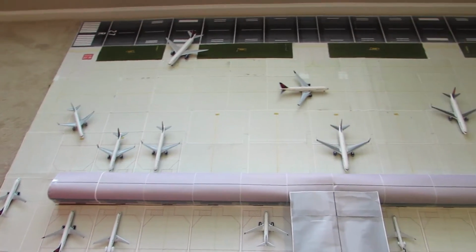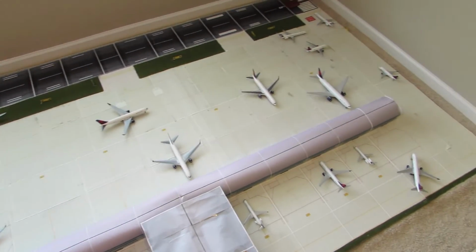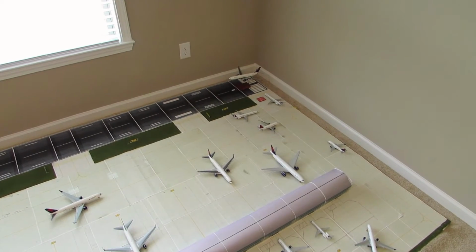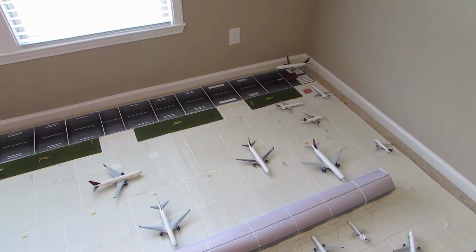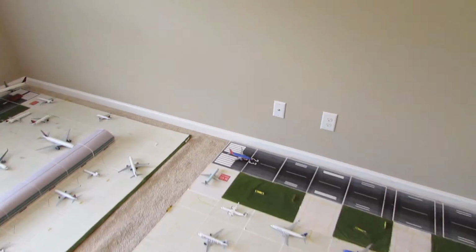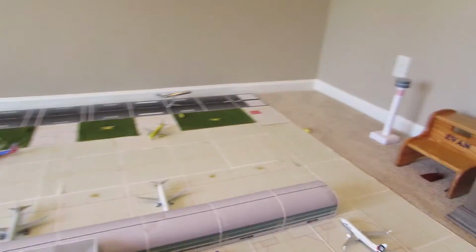Alright guys, that just about wraps up Terminal A. I hope you guys enjoyed it. I enjoyed it myself. I like mixing up the aircraft and different destinations and stuff. I think it makes it really interesting. So anyway, now we're going to transition over to Terminal B, where we're going to start right down here at